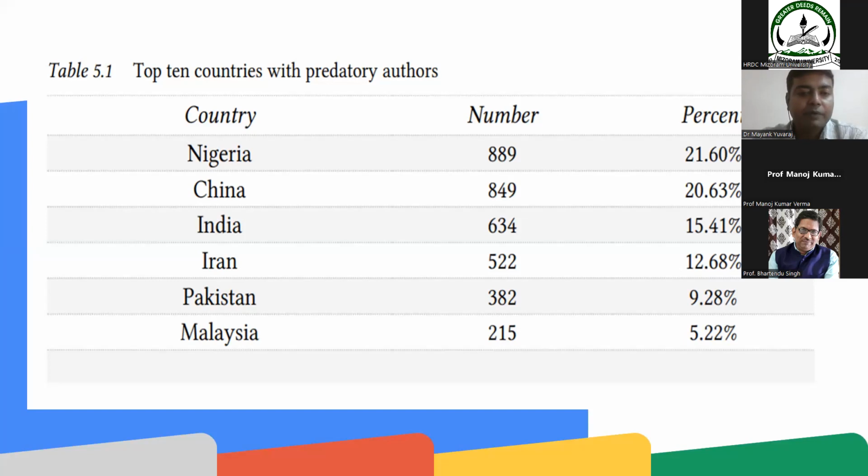You might be familiar with the various research accreditation systems, like NAAC rankings and NIRF rankings, and in order to be at the top in these lists, this kind of practice should be prohibited completely. So there are signs of improvement from 2017, where India was at the top. Now it is ranking at the third position.